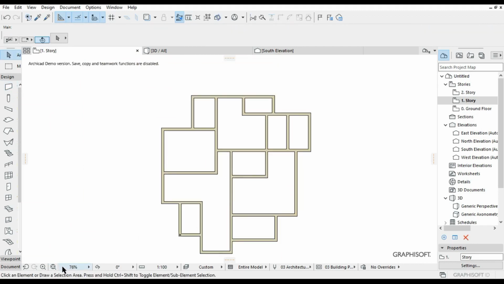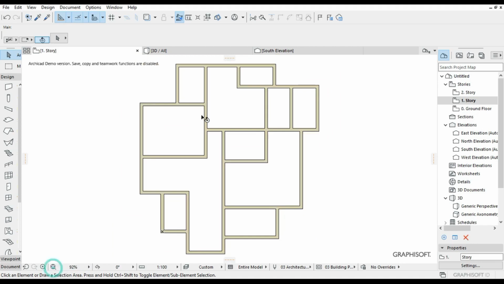Like that, and we shall have placed all our walls. What we want to do now,